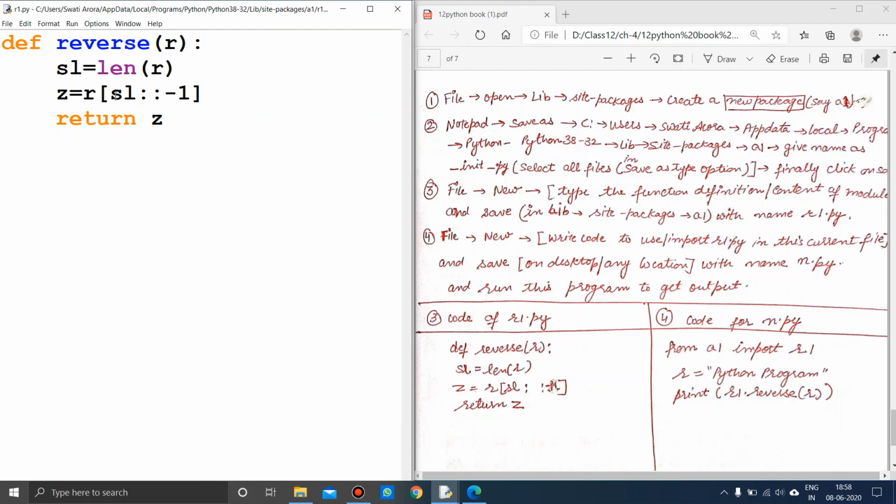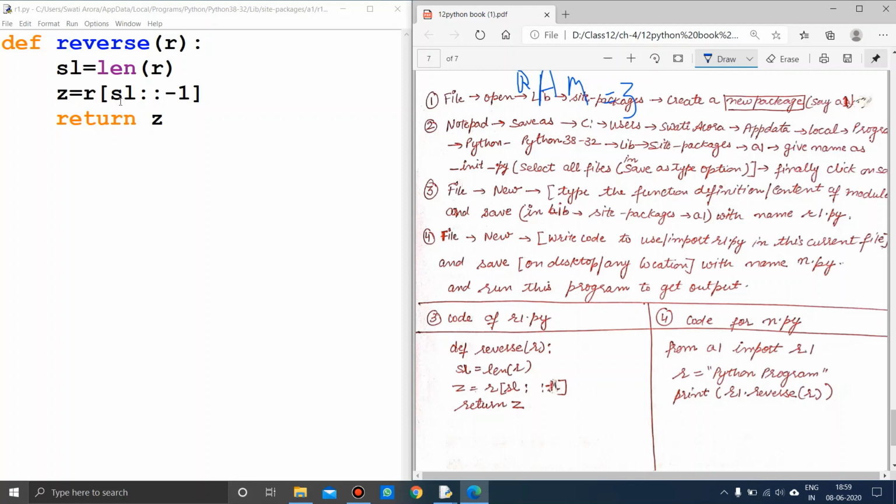Now this is reversing my string. How? It will start in reverse order. If you remember the slices we read in chapter 1, I have used the same pattern. It will start from the last, move up to the start of the string, and do minus 1 each time. Like I have Ram. What will be the string length? 3. That function will calculate the length: len will count how many characters, 1, 2, 3.